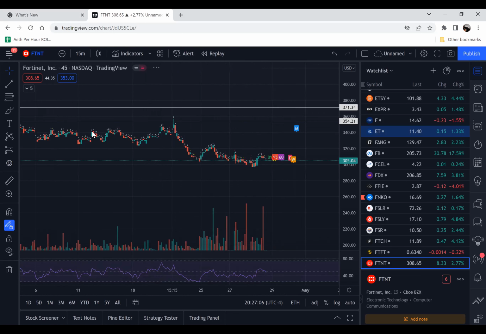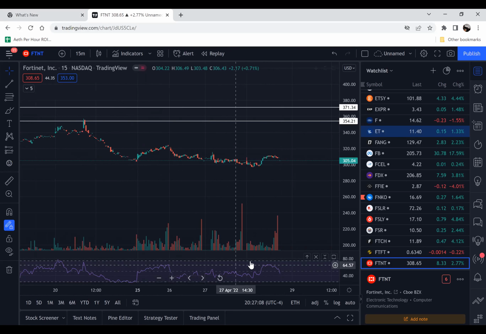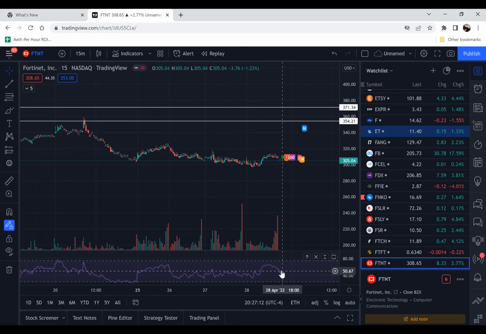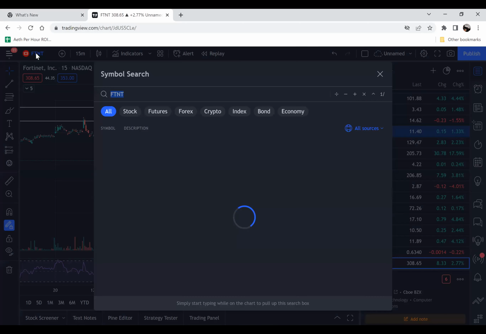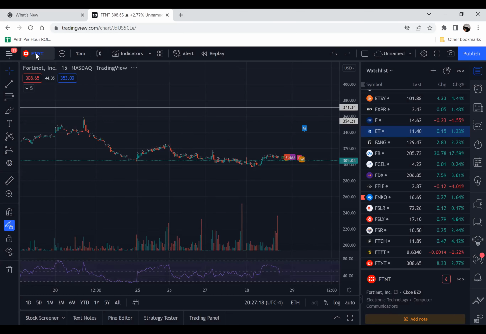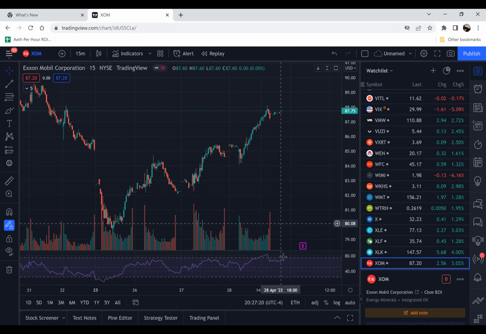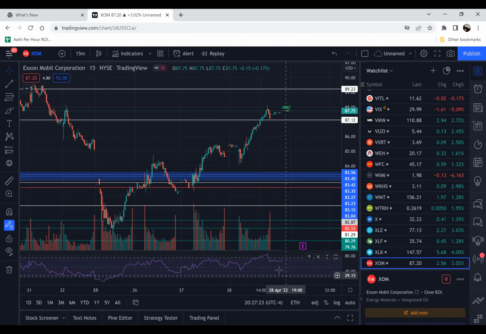I'm going to take it over to the 15. 15 can touch the top and bottom at least once or twice a day, just depending on how that stock moves, right? Oh, and since I'm on FTNT, let me just throw it over to Exxon. We might see some as we're talking about it. So for Exxon,